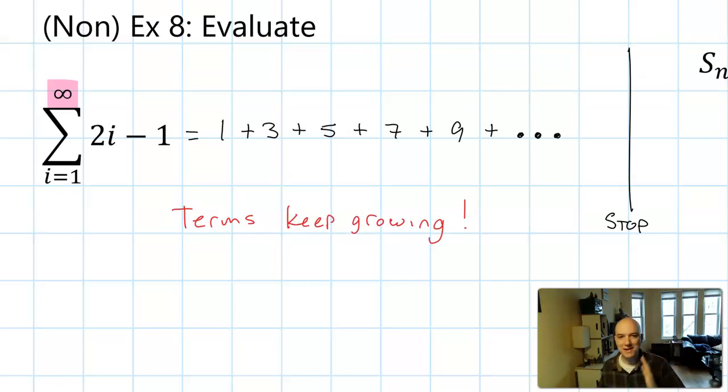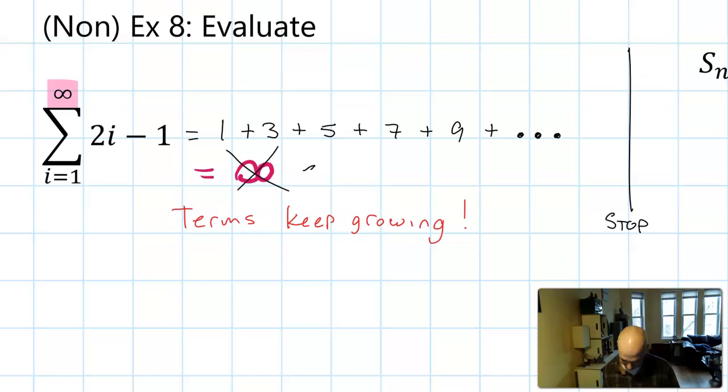There's no way that a sum of an infinite number of terms that keep growing and growing is ever going to approach or reach anything other than infinity itself. So I guess you would say that this is just equal to infinity itself. But it's weird to say that something's equal to infinity, so we would probably just say, instead of writing that, this series